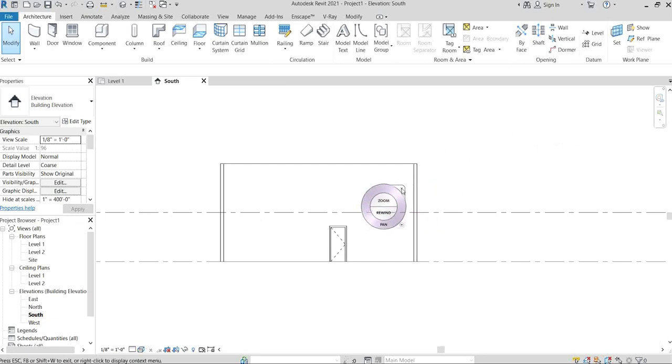In that navigation panel we'll get the steering wheel, zoom, rewind, pan, and other things. Other related options will be available here, design options, filters, and worksets. Day by day you will get to know what these things are and how to use them. In the next class we will discuss all of those in the next session.